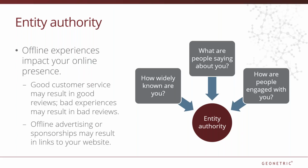In those early days, having a .edu domain, for instance, was like gold. Huge boost from Google for having those kinds of things. Less so today. As we think about that kind of idea of authority today, Google is starting to think about that in a much, much broader way. And we think about it in ways that maybe are more aligned with the way we see the real world. Certainly, as we are thinking about these kinds of elements,